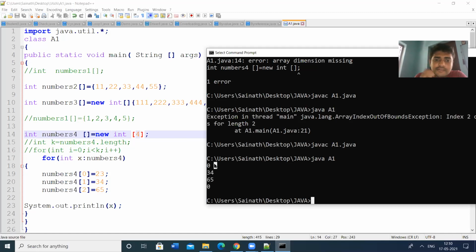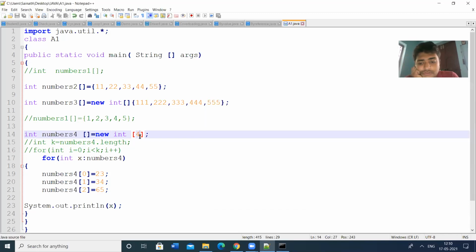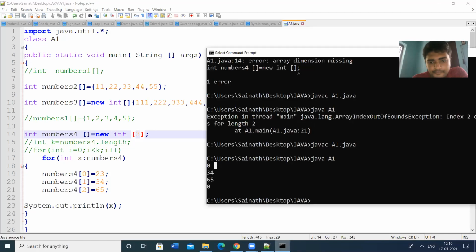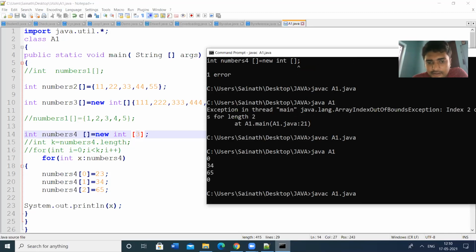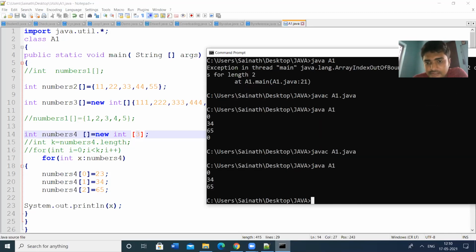The first value is coming as 0. This is why we have to practice the programs. If you have hands-on experience, we can avoid this type of errors. Simply learning theory is not enough to learn Java. We have so many types of errors. Let us check why the first value is coming as 0.